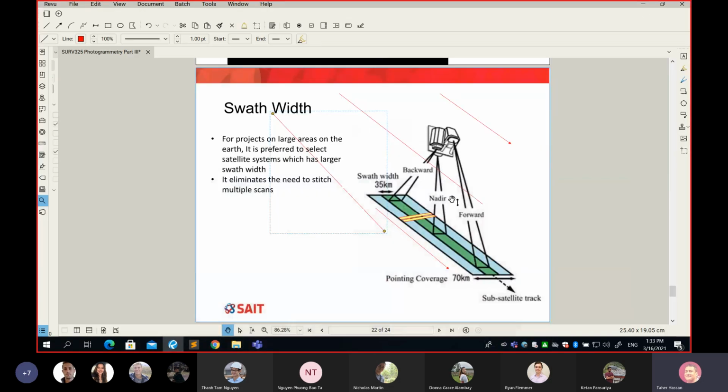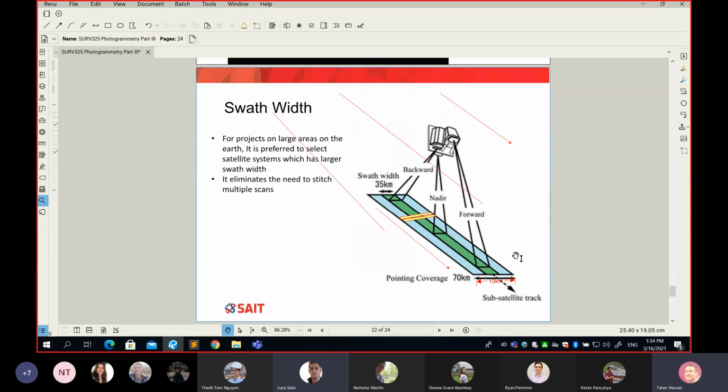Now, what does this mean? It has to connect with our discussion here. What happens if this dimension, which is swath width, let's say is 10 kilometers, and I'm asking you to cover Calgary? How many images do I need to stitch side by side to cover the entire Calgary? Looks like we need 5. So we want 10 kilometers plus 10 plus 10 plus 10. It looks like we need 5 strips,